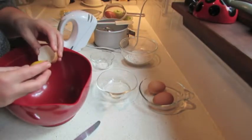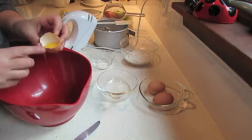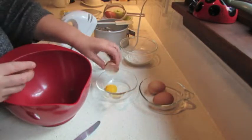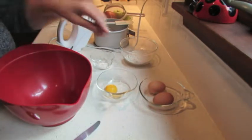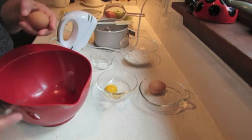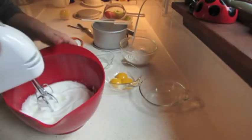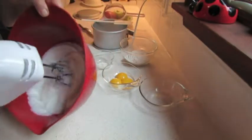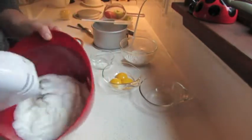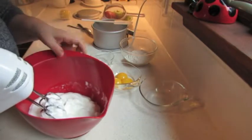I'm making it with 3 eggs because I'm using a small baking dish. My baking dish is 6 1/4 inch diameter, or about 16 centimeters. Here are my egg whites. See, they're completely beaten, so this is the right consistency, and it takes about 3 minutes, by the way, with